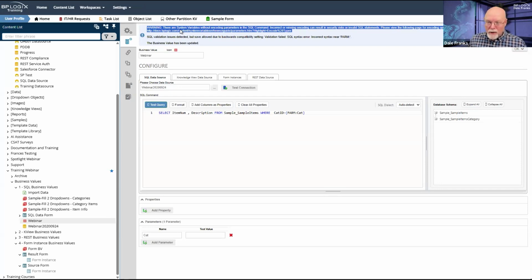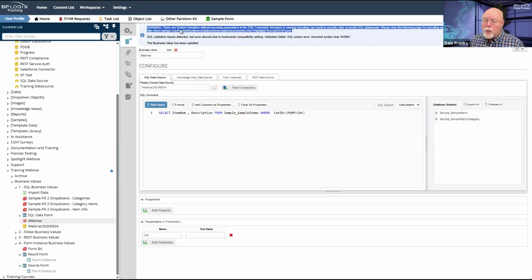Your administrator, which is probably you, has the option of forcing your users to use the proper encoding characters for parameters, which is the $ in the case of SQL. My system is set up not to force it, but to at least warn me, and that is as unrestrictive as it gets.